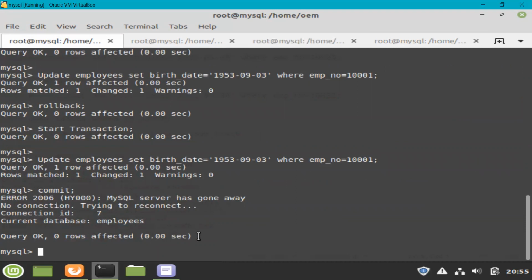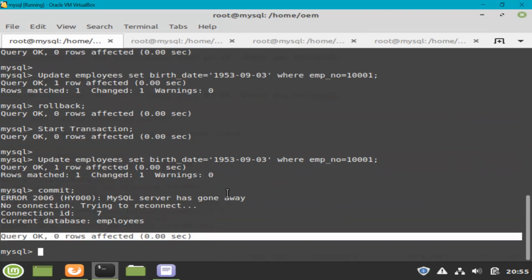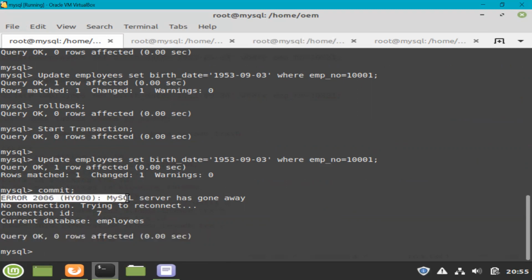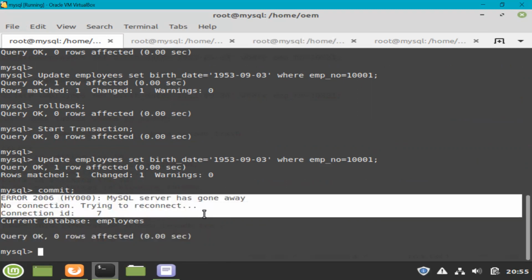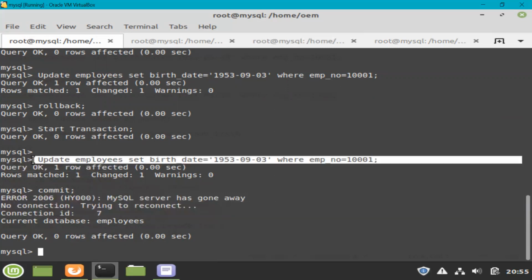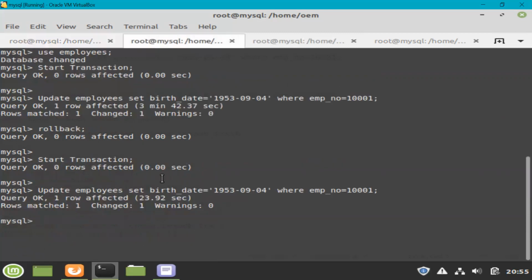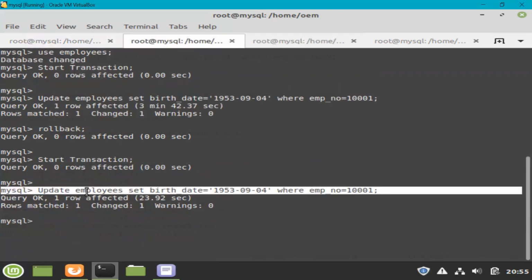Okay, so although it has told me that the query was okay and 0 rows were affected, you can see that it had to reconnect because this connection was broken. This connection was killed. Now this update was not there anymore. It is already rolled back. But if you come here, this query has completed as soon as I killed the thread ID.